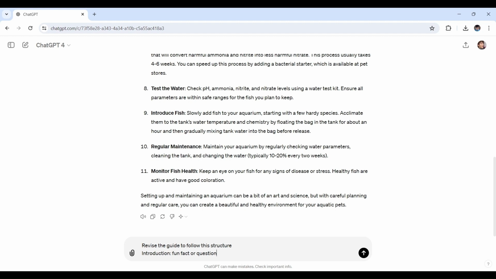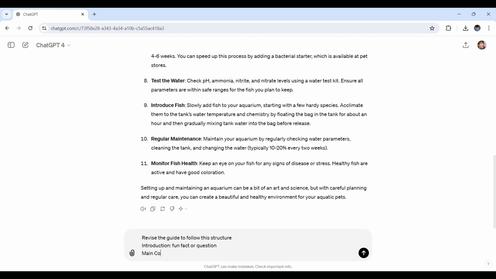There we go. Now, moving on to the main content. What would the main content do? This is where the bulk of your information will go. Divide it into sections based on topics like tank setup, right here, choosing the right fish, then water conditions, and maintenance. Each section should focus on one main idea, which is how to set up your home aquarium, making the